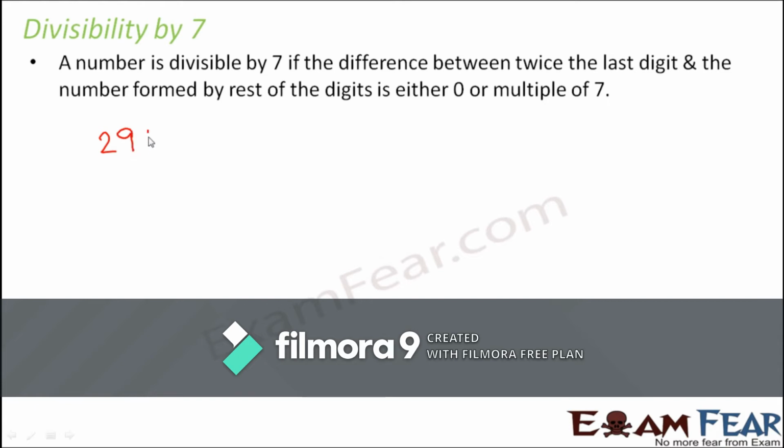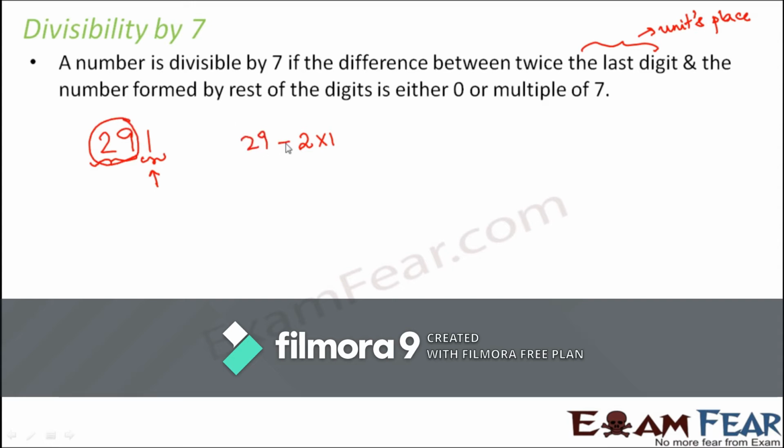Let's take one example to understand this. Let us suppose we take the example of a number 291. So what we need to do in this case is, we will have to find out the difference between twice the last digit. So which is the last digit? The digit at its units place, that is the last digit. So basically when we say last digit, I am talking about the digit at the units place or ones place. So twice this digit, so that is basically 2 into 1. And the number formed by the rest of the digits. What is the rest of the digits? The number that is formed by the rest of the digits is 29.